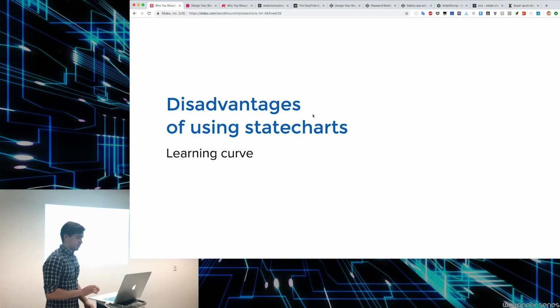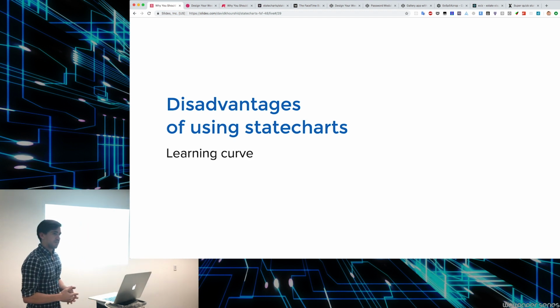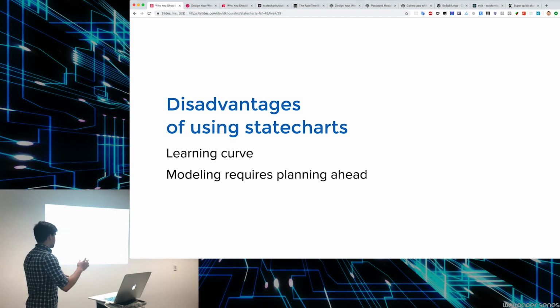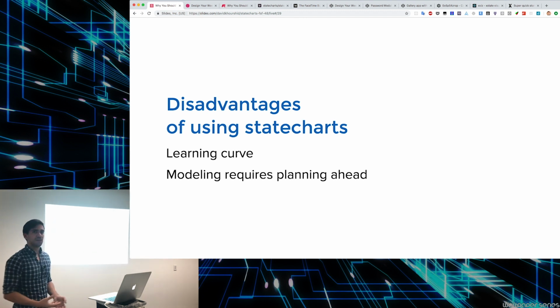There are disadvantages though. First of all, state charts, as opposed to state machines, are a bit of a learning curve. There's also all this nuance and things such as actions, orthogonal states, parallel states, nested states, history states that you have to learn. And modeling requires planning ahead. So with that, you can't just jump into the code, right? You have to either do one of two things. Either start coding the way you're used to, stop and say, how do we model this as a state machine or a state chart? Or the first thing you do before starting any project is you take pencil and